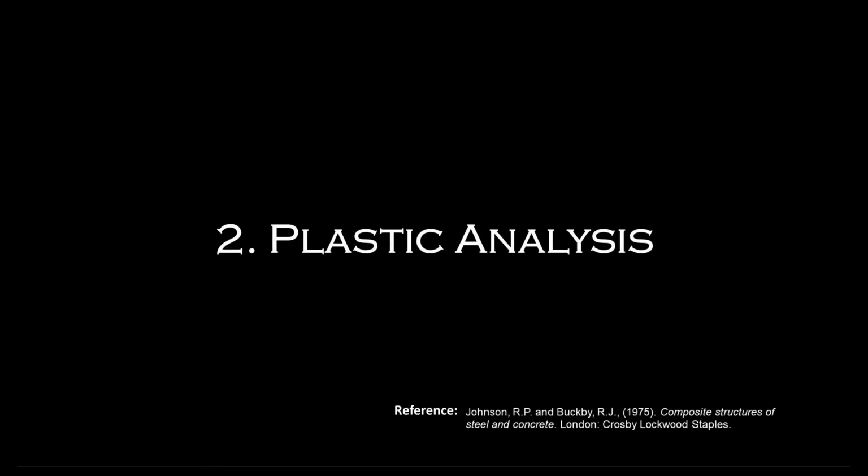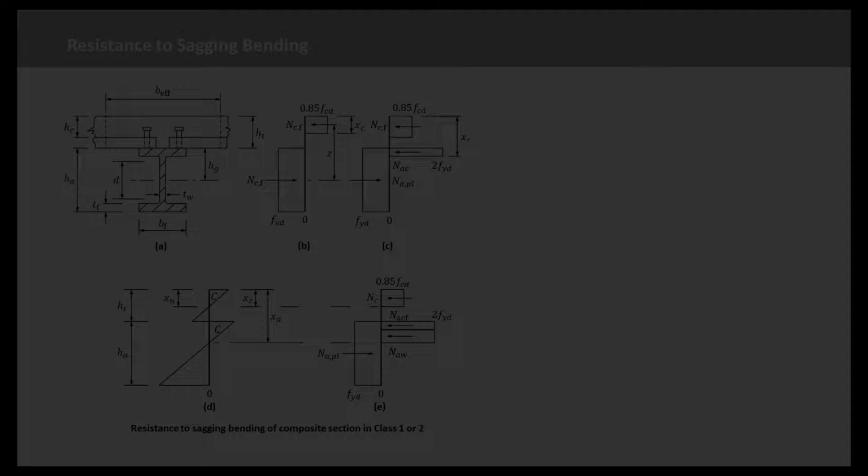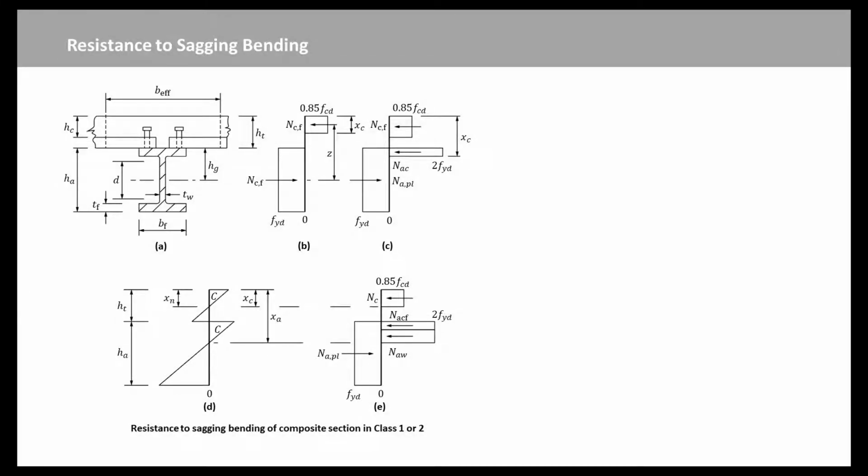Now we will discuss the beams with cross-sections in class 1 or 2. The main assumptions include the tensile strength of concrete is neglected. Plane cross-sections of the structural steel and the reinforced concrete parts of a composite section each remain plane. For plastic analysis of sections, the effective area of the structural steel member is stressed to its design yield strength Fyd in tension or compression.